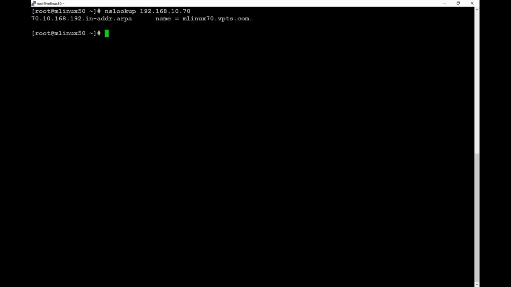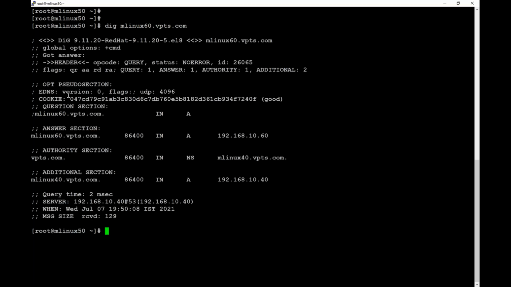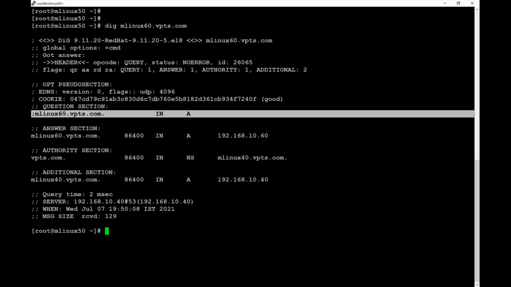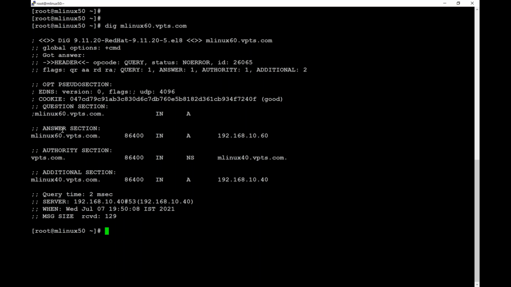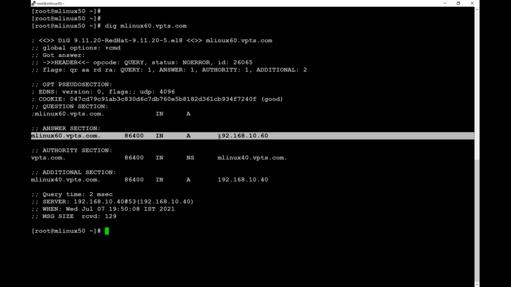Now there is one more command, guys, we use a lot to test DNS. The command name is dig. Dig really digs out huge information about your DNS. So you can say dig, tell me about mlinux60.vpts.com. Full name you have to mention. So dig contains two sections. Question section, you have asked who is mlinux60. Answer section, it says mlinux60 belongs to